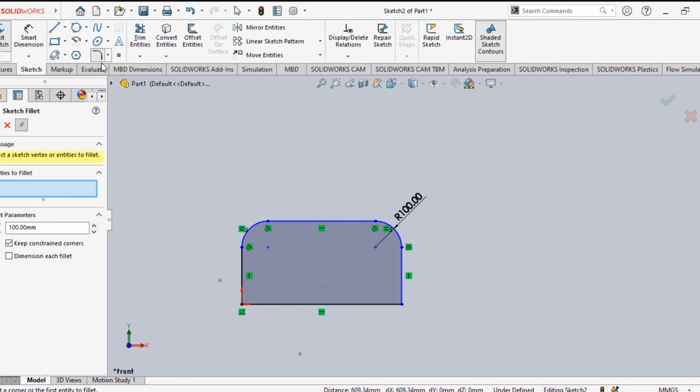Now, excluding fillet, some other things. If you click this one down, you can see chamfer. Chamfer means what? Chamfer means straight cut. So it will be straight cut. The straight cut may be 2 different sidewise. It will be different. It may be equal also. Right. Now see the straight cut or chamfer. How it will be working?